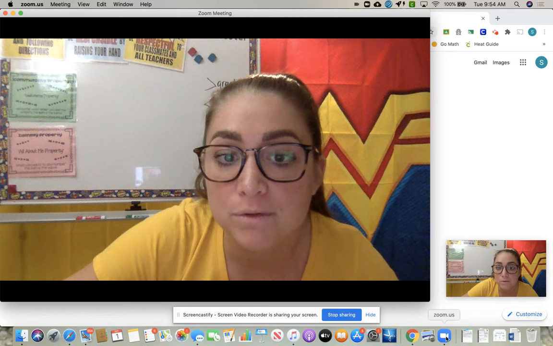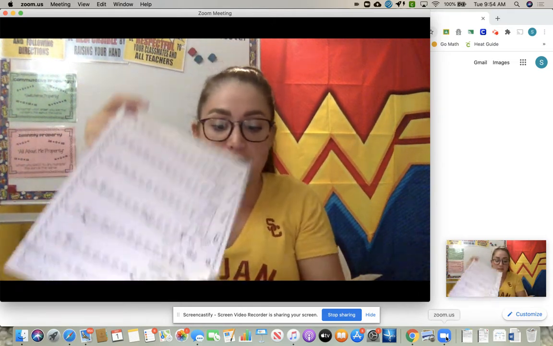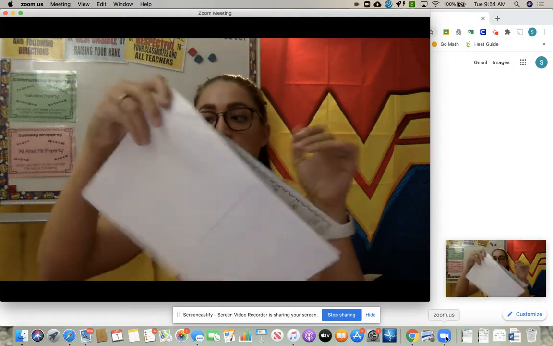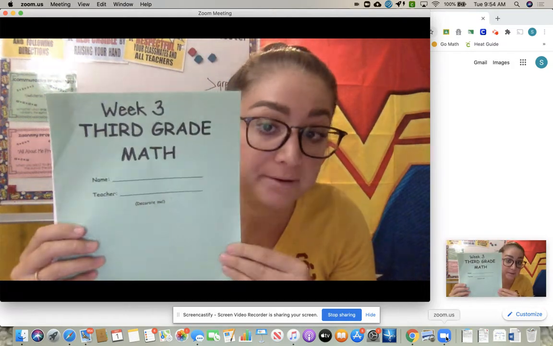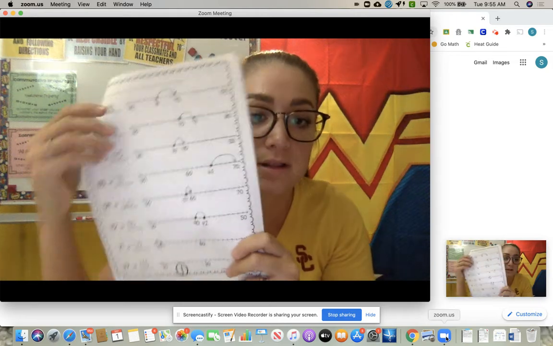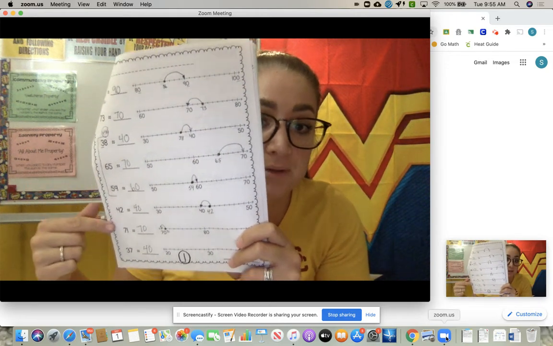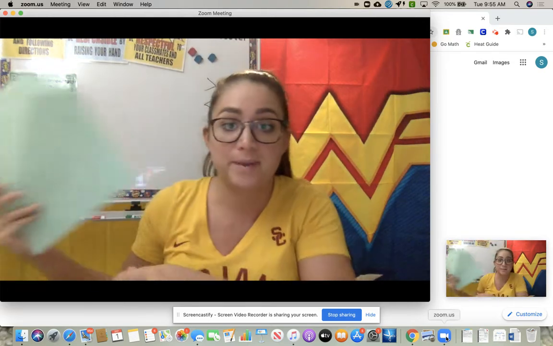So I'm going to go over what we did for math. We started in our week 3 third grade math. First page. We went over the homework, which was just these 3 problems, and we completed the rest of this page